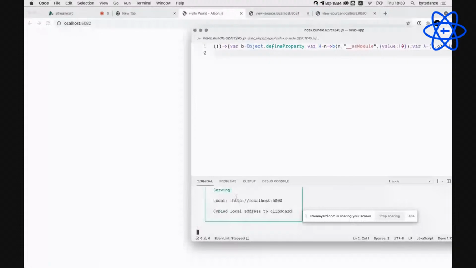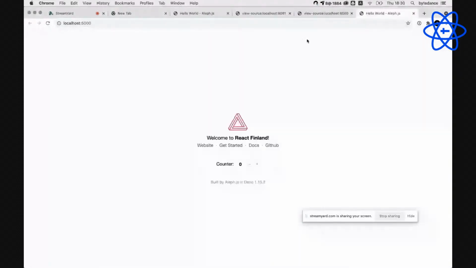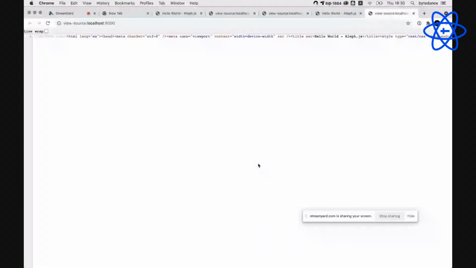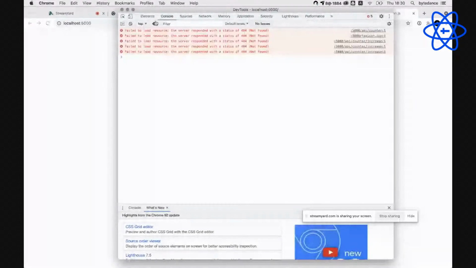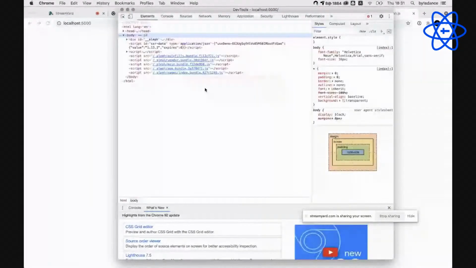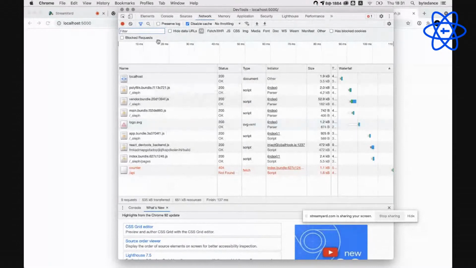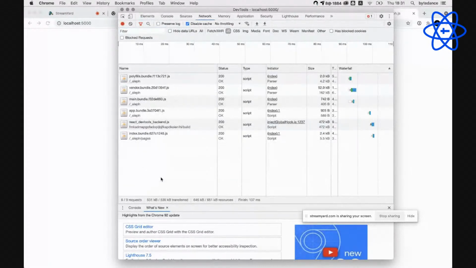So you can see this is the same as this, but this is just in HTML. You can see the JS bundle is very tiny. Finally, the JS is about 16. Yeah.